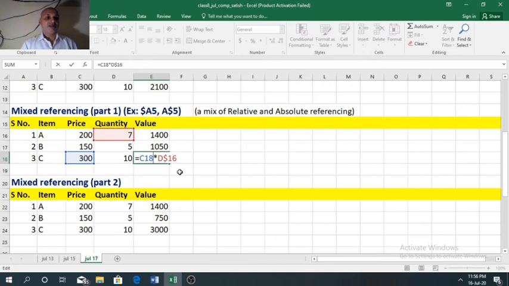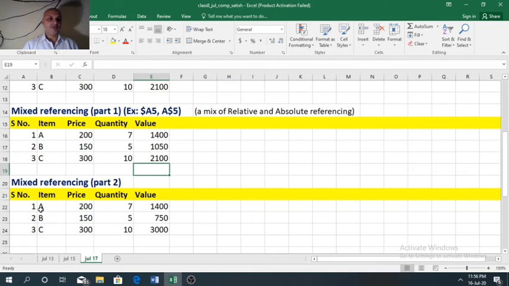Now we will see mixed referencing part 2. Item price quantity is same. Let me remove it.